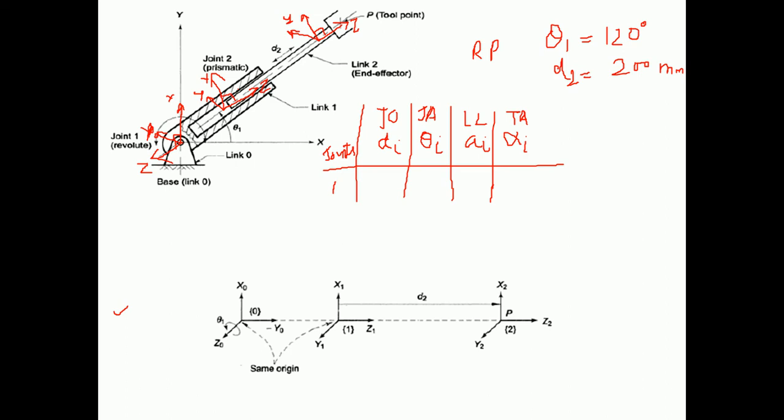So there is no common normal which is going to be created, and with respect to that, the distance between these two origins is 0. So we do not need to track this distance, and with respect to that, the value of this parameter in the notation scheme is going to be 0. We followed this scheme that if this is z with this frame, this is y, and this is x.